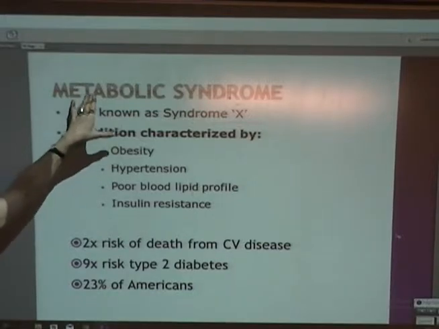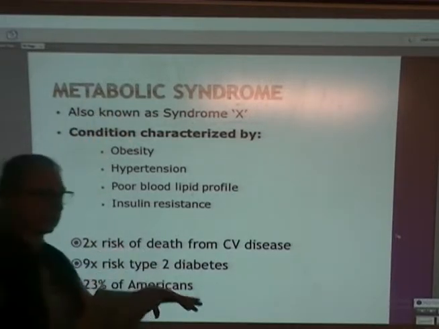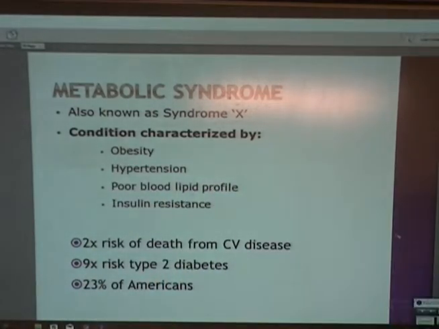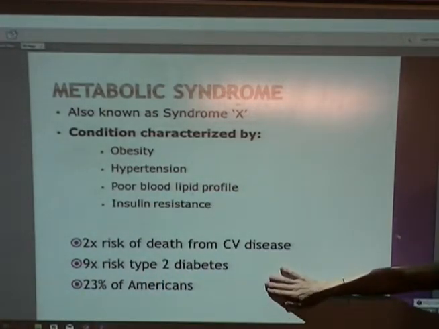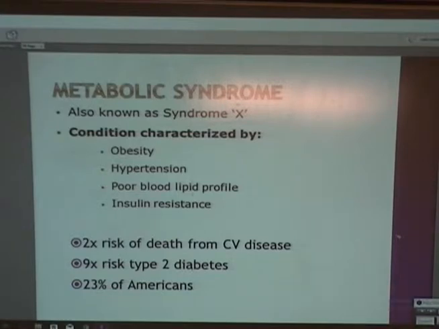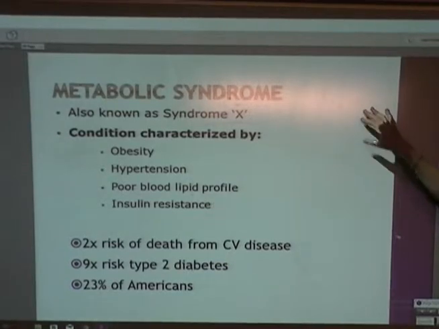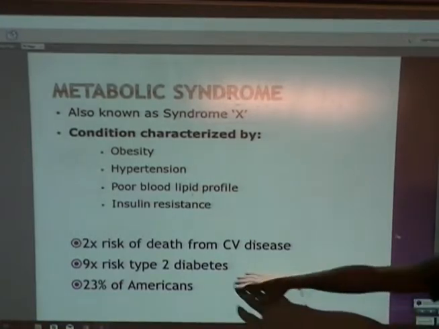diagnosed with metabolic syndrome. And that's pretty scary because we see much higher risk levels then for full-blown type 2 diabetes, death from cardiovascular disease, strokes, heart attacks. And we're up to nearly 1/4 of Americans, they estimate, that would clinically be diagnosed with metabolic syndrome if they went and got checked. Okay? So that's the estimate.